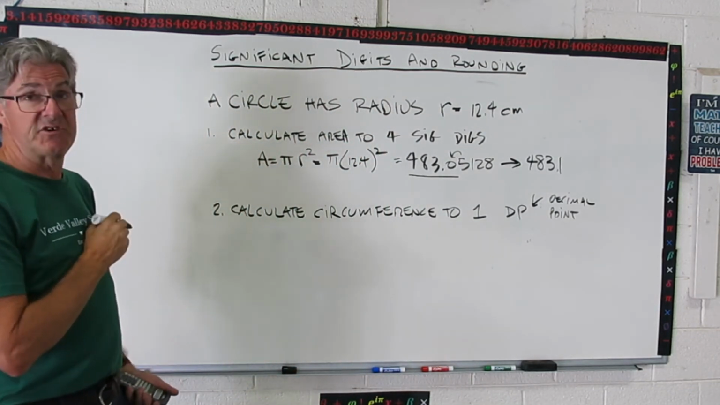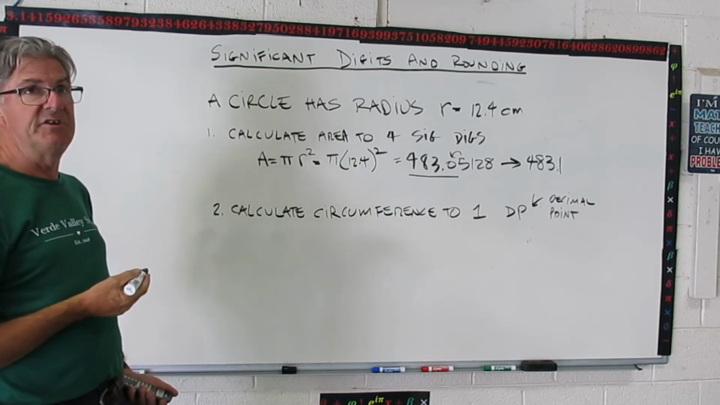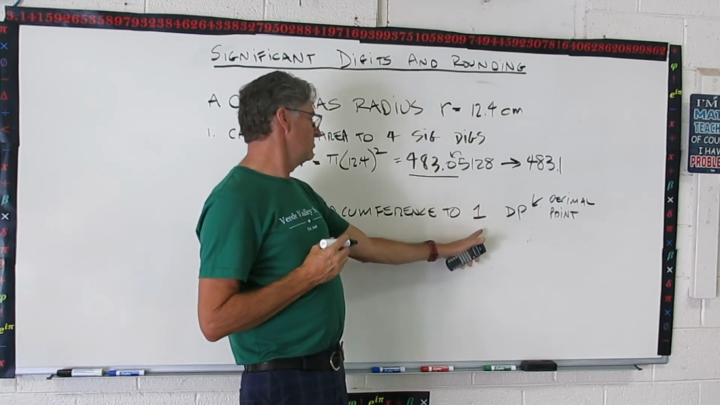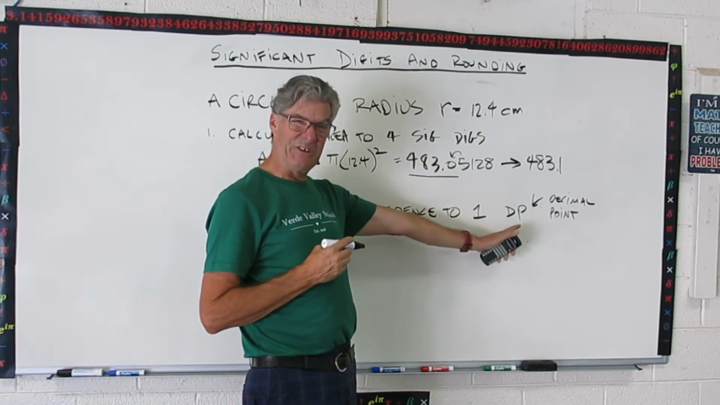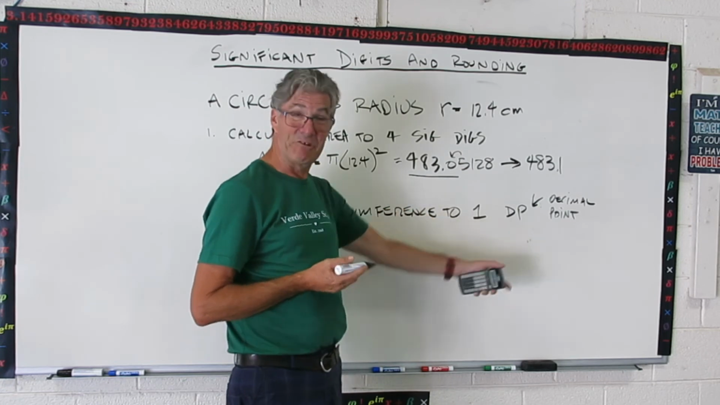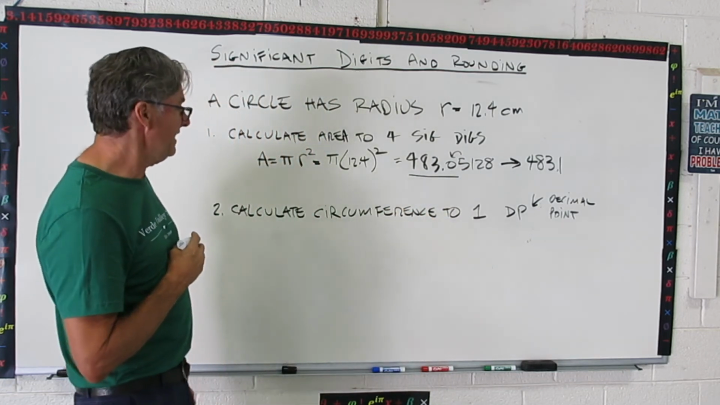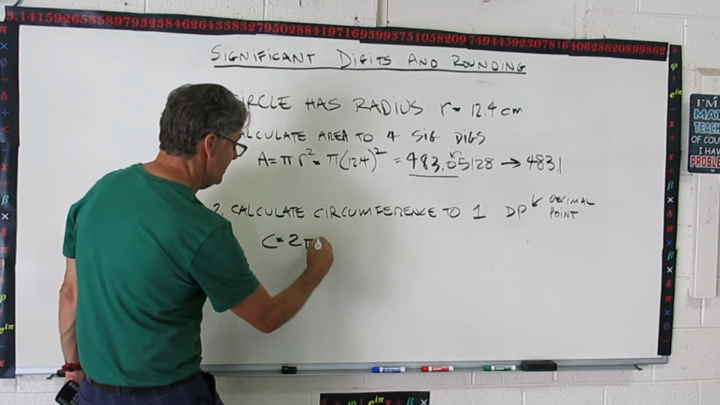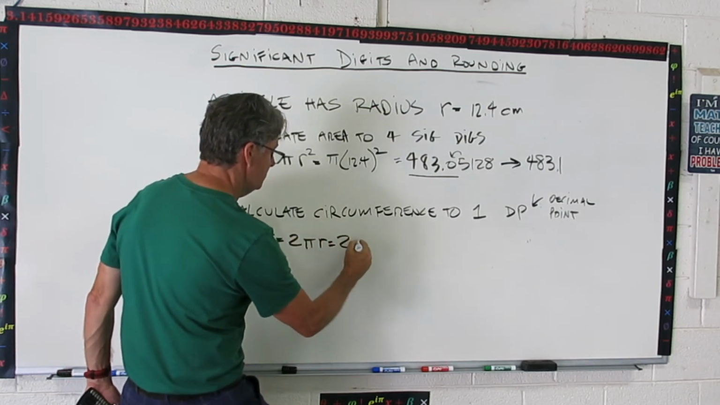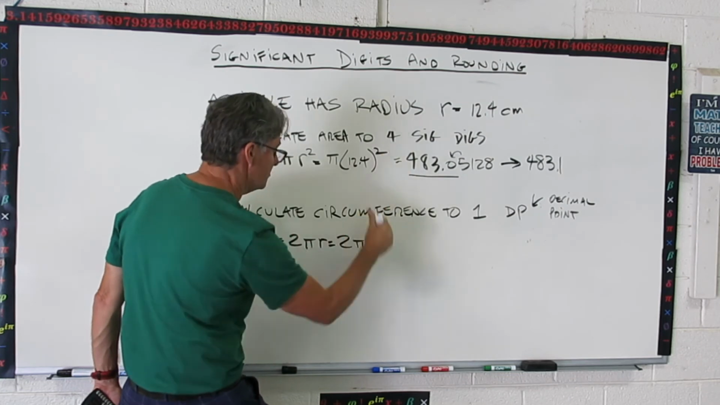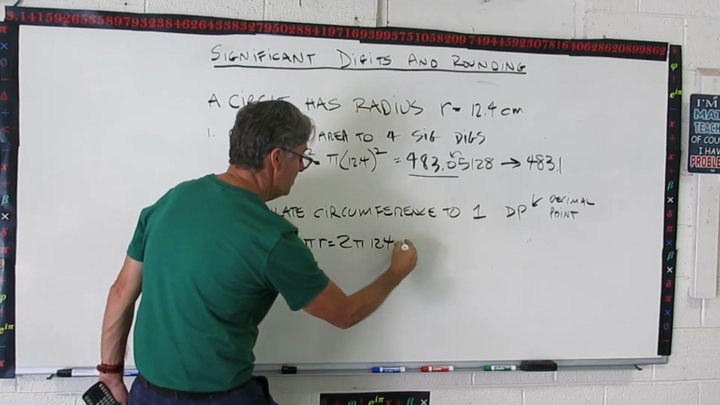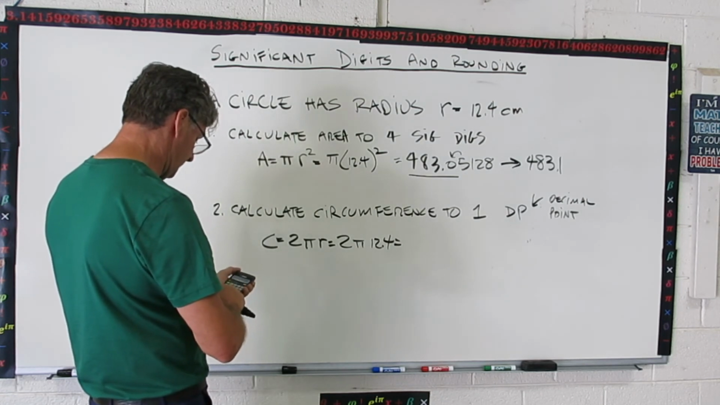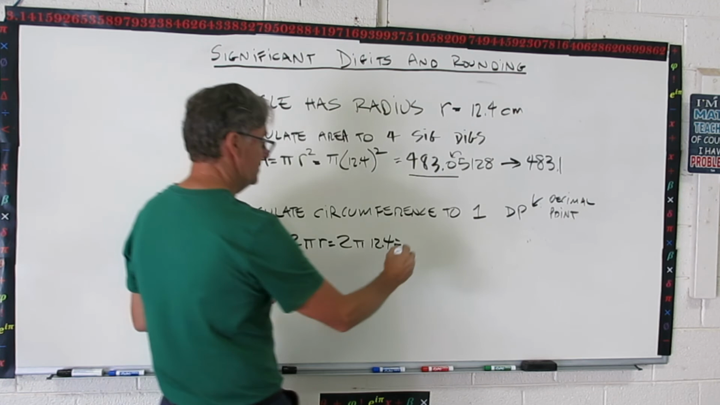Okay? Now let's do another circle calculation with the same data, but this time we're going to do circumference. But check this one out. Now they're saying to 1 dp, and you'll see that in the book. It means decimal point, okay? They like their abbreviations in the IB. So now we're going to do circumference equals 2 pi r, which is going to be 2 times pi times our 12.4. So I'll put that in my calculator. 2 times pi times 12.4, and I get